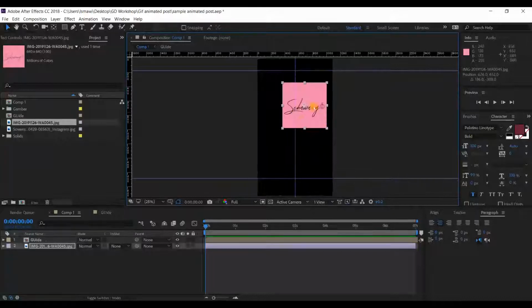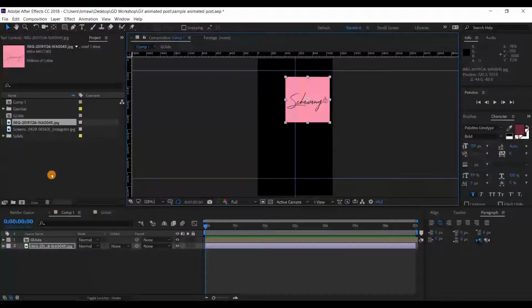You can put it anywhere. Just click and drag, and bring it to your timeline. This is our timeline, where we compose all our elements and create our animation. We put the logo first because we want to use the logo color as the background color for our post. Okay, done. So the first thing we need to do is create a solid for our background, using the same corporate color for this product.